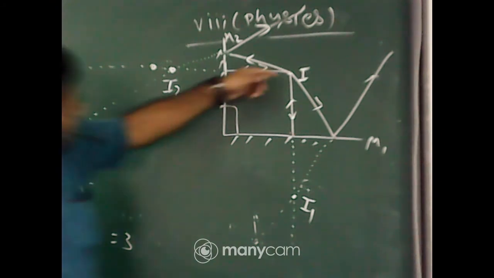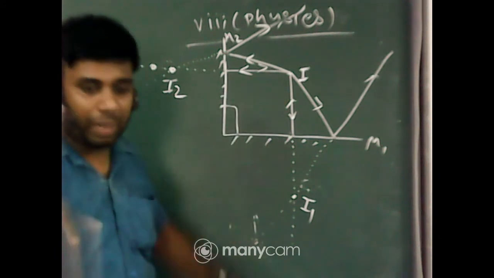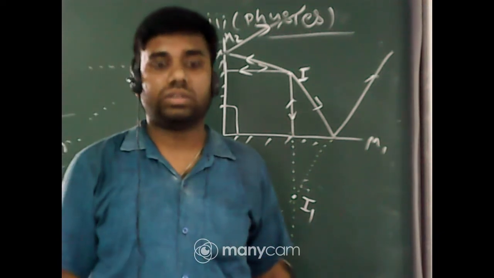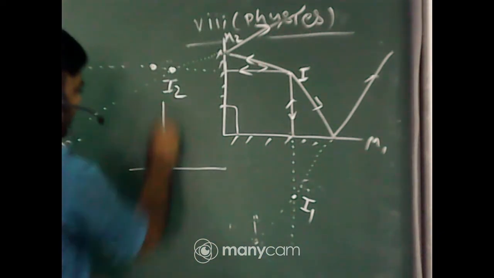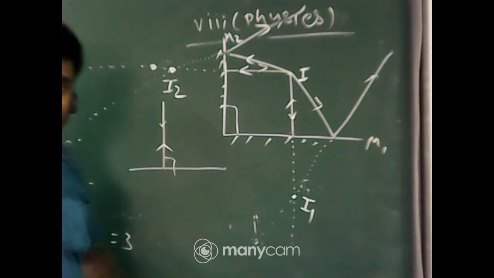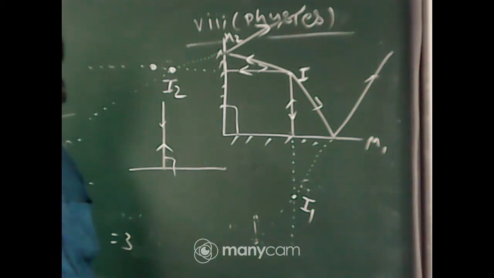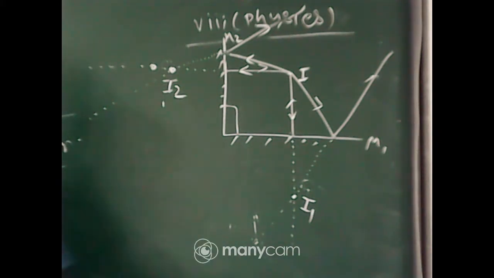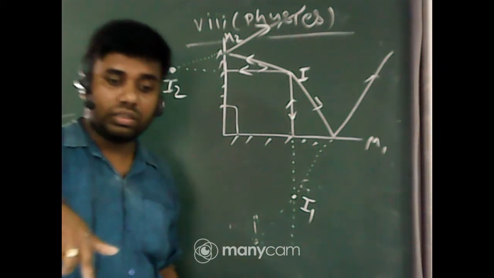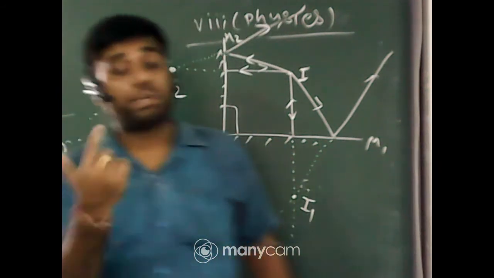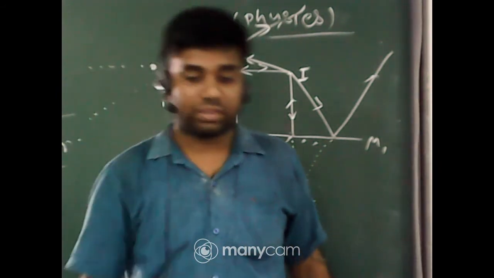If a ray falls on the mirror perpendicularly, then it will reflect perpendicularly. If any ray falls on it at a 90-degree angle, it will reflect at a 90-degree angle. It is not bending there. Next, if it falls at a 90-degree angle perpendicularly to the surface, the reflected ray will also be at a perpendicular angle, 90 degrees with the surface. Got it?